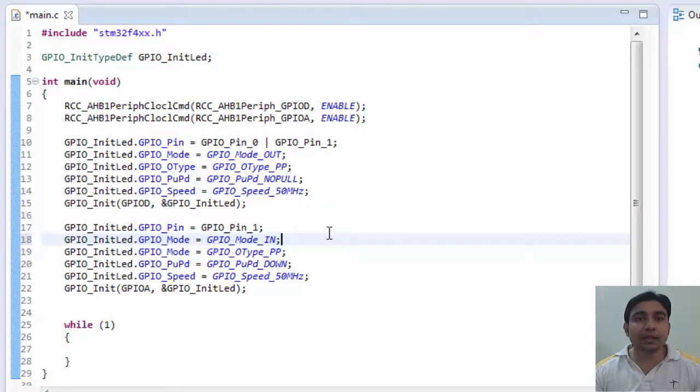Now let's configure the external interrupt line 1.